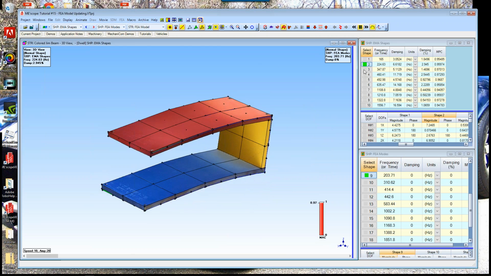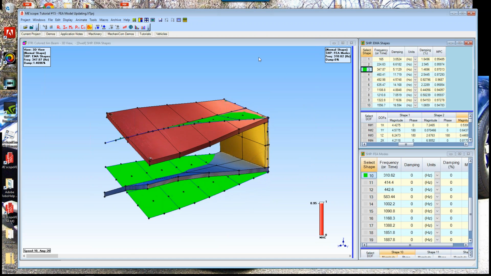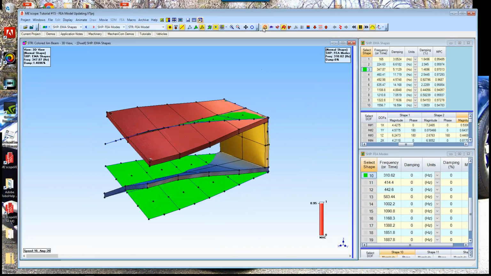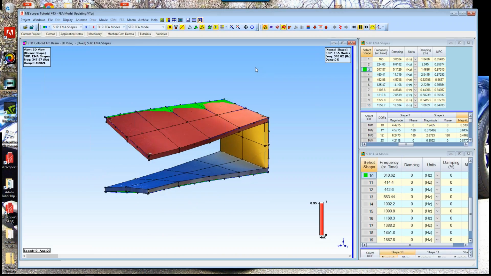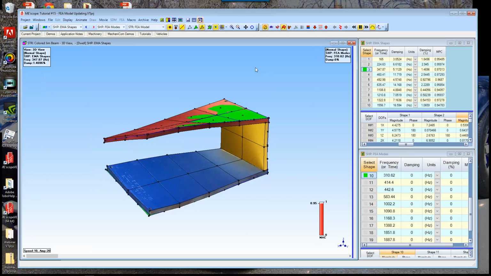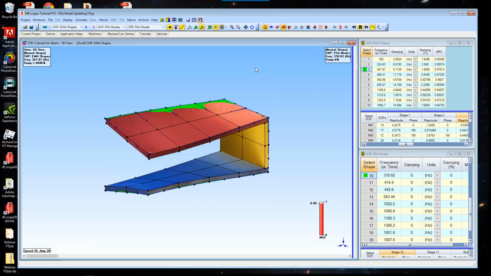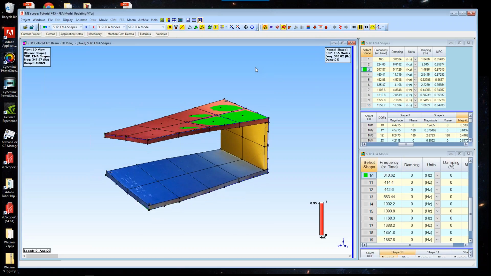So as I click through the experimental shapes, in order to get them to coincide, I need to flip signs back and forth. But again, the MAC value is telling us that they are in fact the same mode shape, or very close to one another. So this is a confirmation between experiment and analysis that in fact